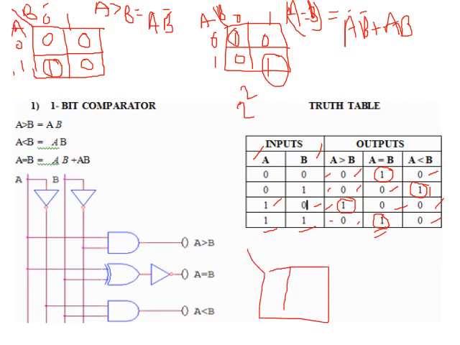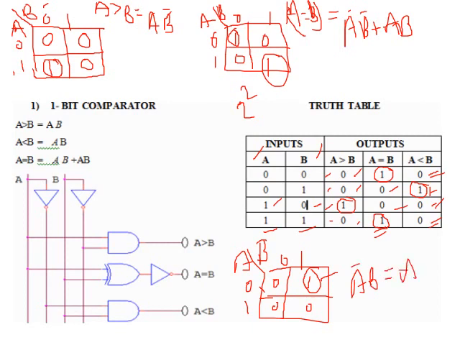Coming to the third one. The third one also we have to do in the same way. A and B input combinations, so 0, 1, 0, 1, and write down the output. Output is 0, 1, 0, 0. So this will be the grouping, and here we get A bar into B. Right, A bar into B. So this is the equation for A less than B. Correct. So we have got three equations. If we implement these equations using the gates, then our job is done.